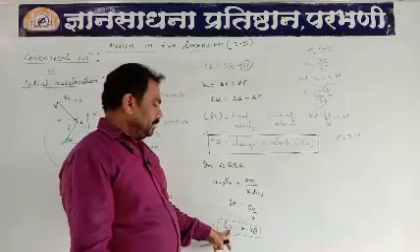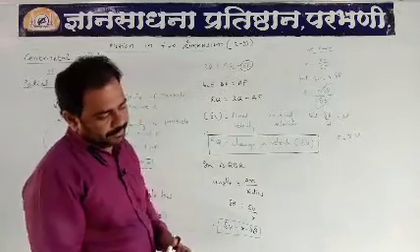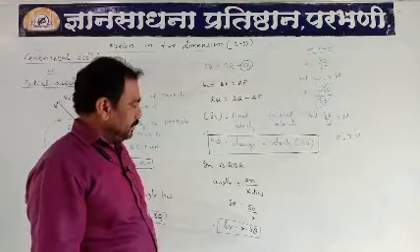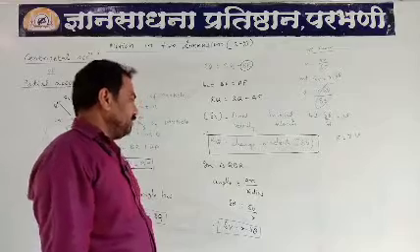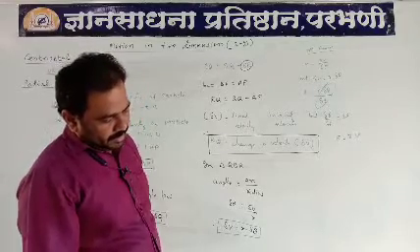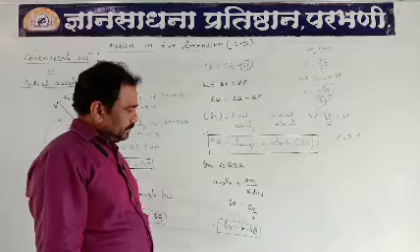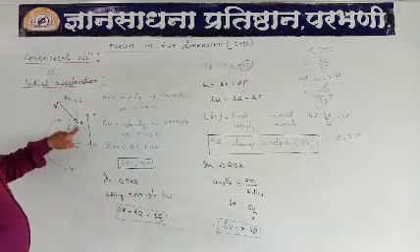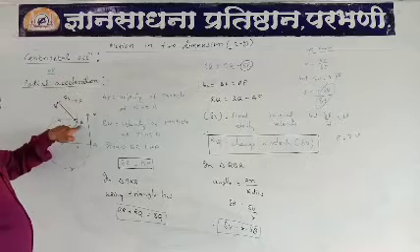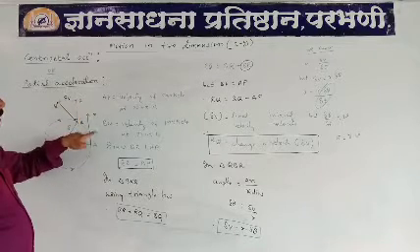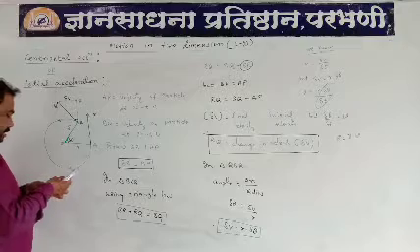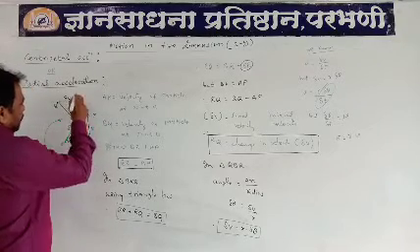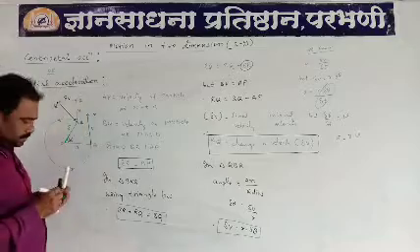And what is the value of delta V? Delta V is equal to r into delta theta. But what is the value of radius here? It is BR, which is parallel to AP. So this AP represents what? Velocity. So this BR also represents velocity. So you should remember this notation.